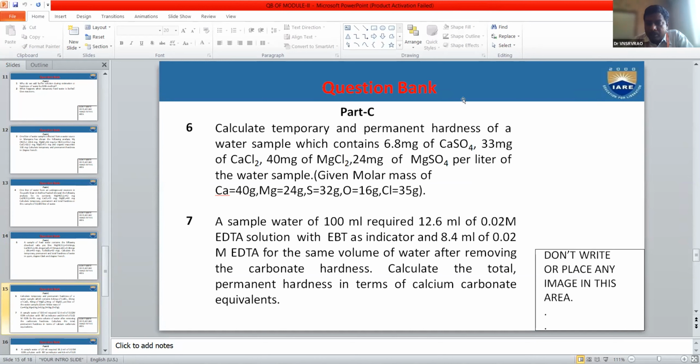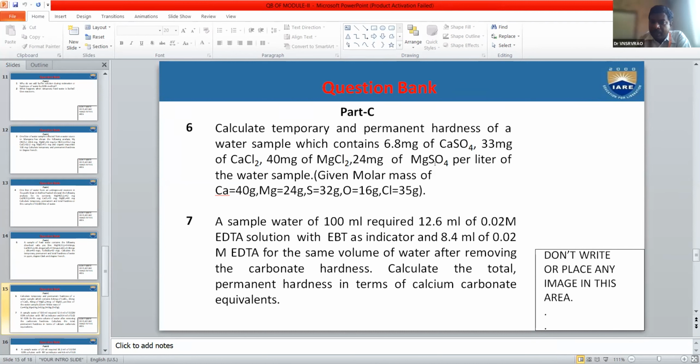And first of all, observe these salts. Out of all these salts, they want temporary and permanent hardness. Observe these salts. How many salts cause the temporary hardness? Carbonates and bicarbonates. Okay, see the problem. In the problem, are there any salts that cause temporary hardness? No, sir. Only permanent. Why? Because they have only sulfates and chlorides. So sulfates and chlorides mean they cause permanent hardness. So the quantity of the temporary hardness is equal to 0 ppm, and the quantity of permanent hardness comes out